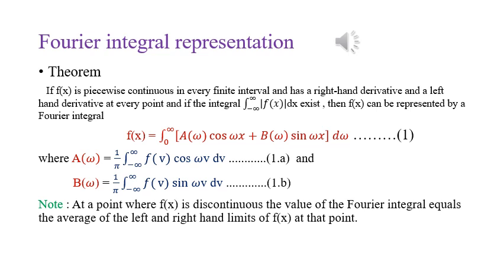Okay, just like how you learned Fourier series, where you write a formula for the Fourier series which includes a naught, a n, b n, and then you say what a naught, a n, b n are, similarly we are doing here. So just remember that the Fourier integral representation of any function f of x is given by equation number 1. And I have added a note here, that if there is any discontinuous value for the function given, then you can find it by the formula 1 by 2 into f of x plus plus f of x minus. This you have also already done in Fourier series.